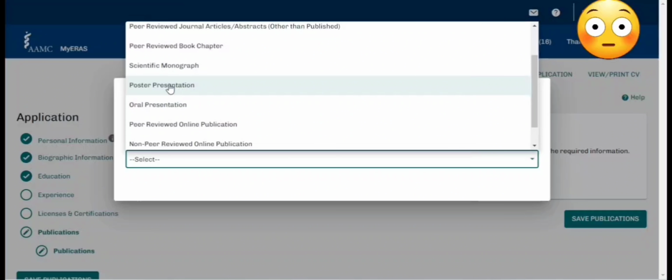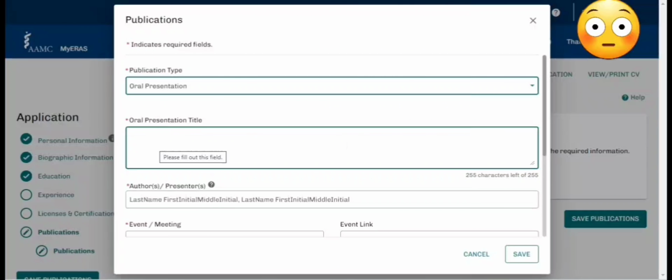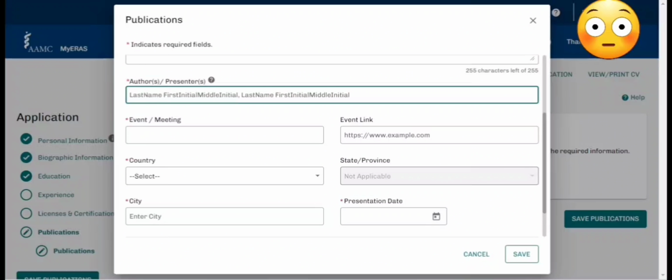And after that, you have the poster presentation and oral presentation. If you gave any presentation or oral presentation, or you have any poster which you published, you can add these things. Both of these are almost the same. For example, in the oral presentation, just type the title of the oral presentation and the authors who were with you, with the last name, first initial and middle initial. Like for me, my name is Zubair Ahmed, so you can put Ahmed Z, and then a comma and the second author, and the event or meeting where you presented this poster, and a link if you have one,